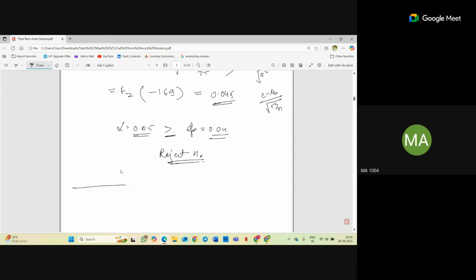Ma'am, it would be better if we do the latter part. Like first we find C using the significance level and then directly test it with the mean. Using sigma to compare the P is very confusing. It would be better if we do it by the normal method, finding C and then comparing. No, but you don't have the value of C, right? You can find it.